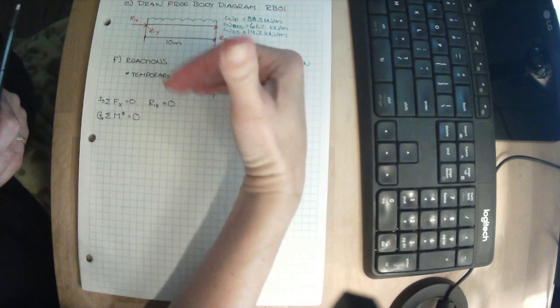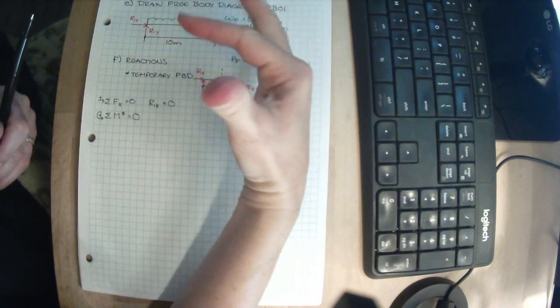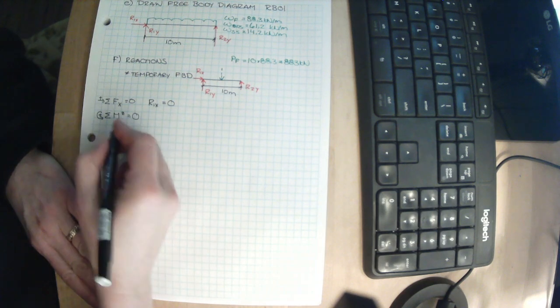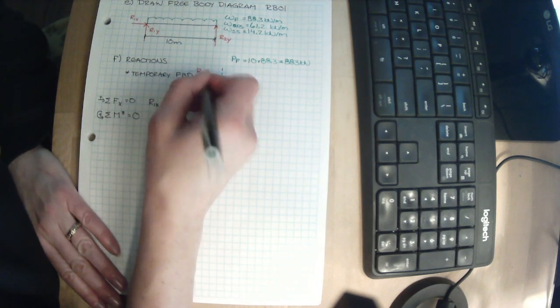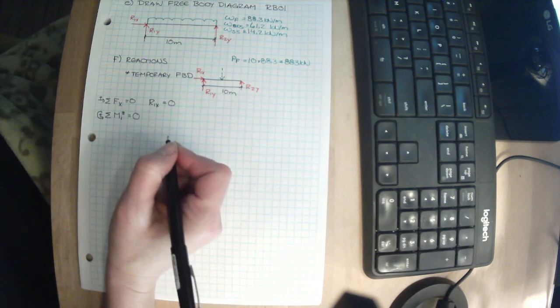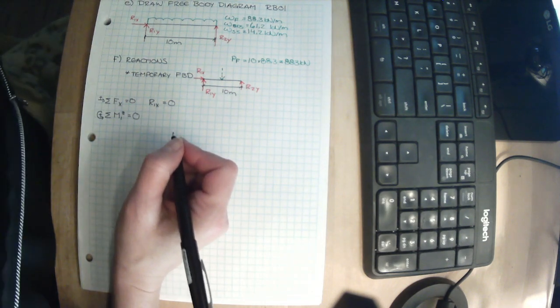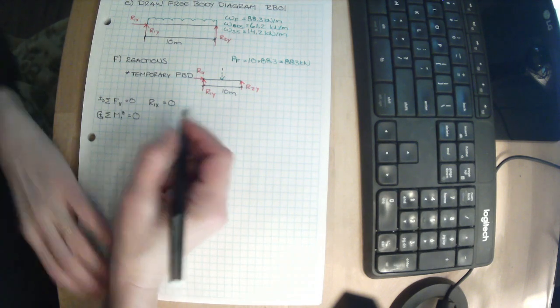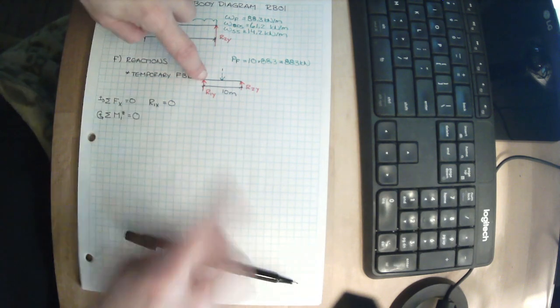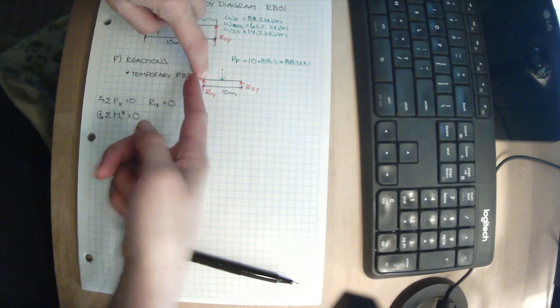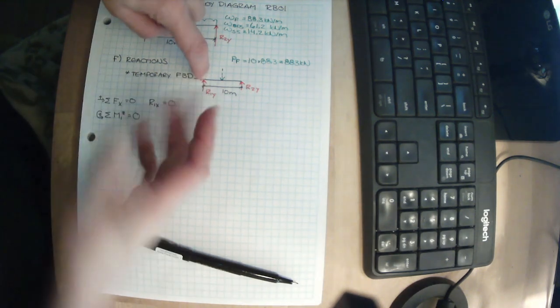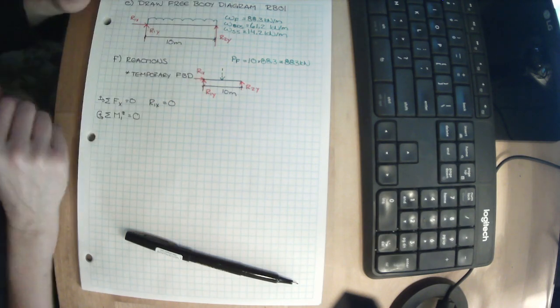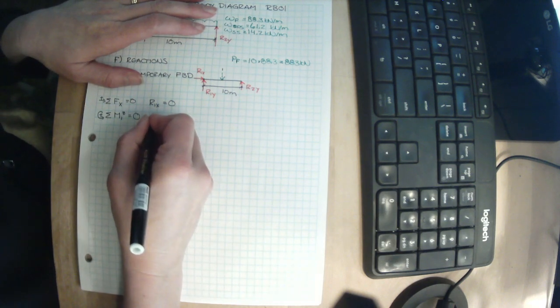Everything spinning in that direction, with our thumb out of the page using our right hand, is positive. Let's pick this point right here. I'm going to pick node 1 to spin everything about. If I put my thumbtack right here, R1y passes through it. You need a force times a distance to have a moment. R1x passes through it. PF makes it spin in that direction. My thumb's into the page, so it's negative. So it's minus